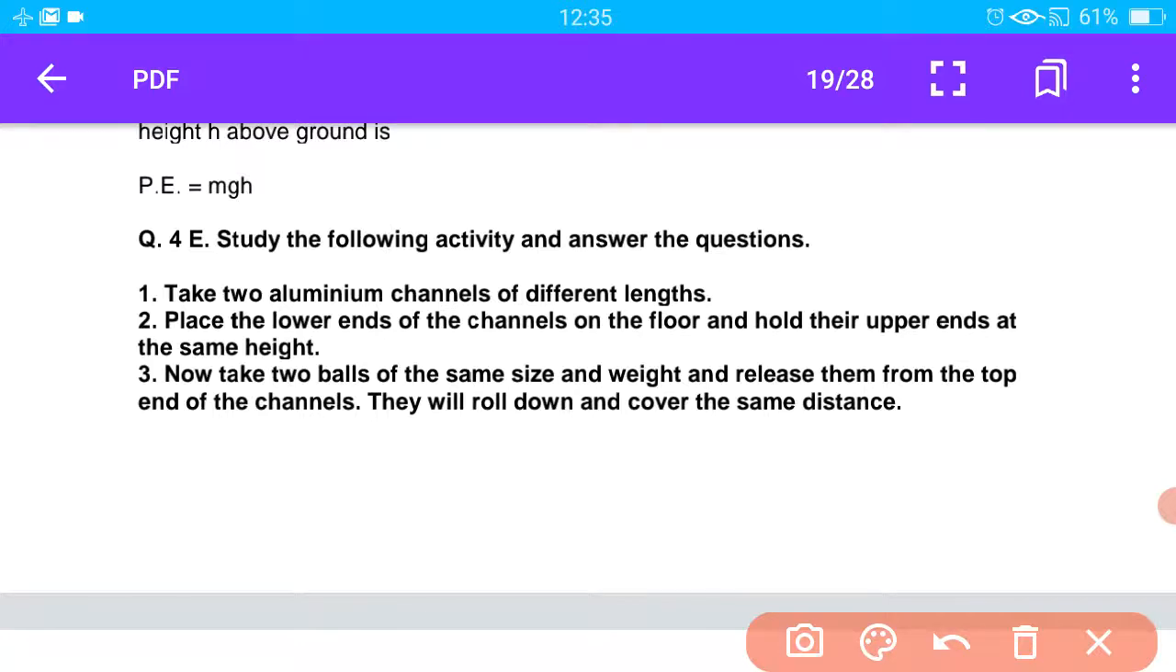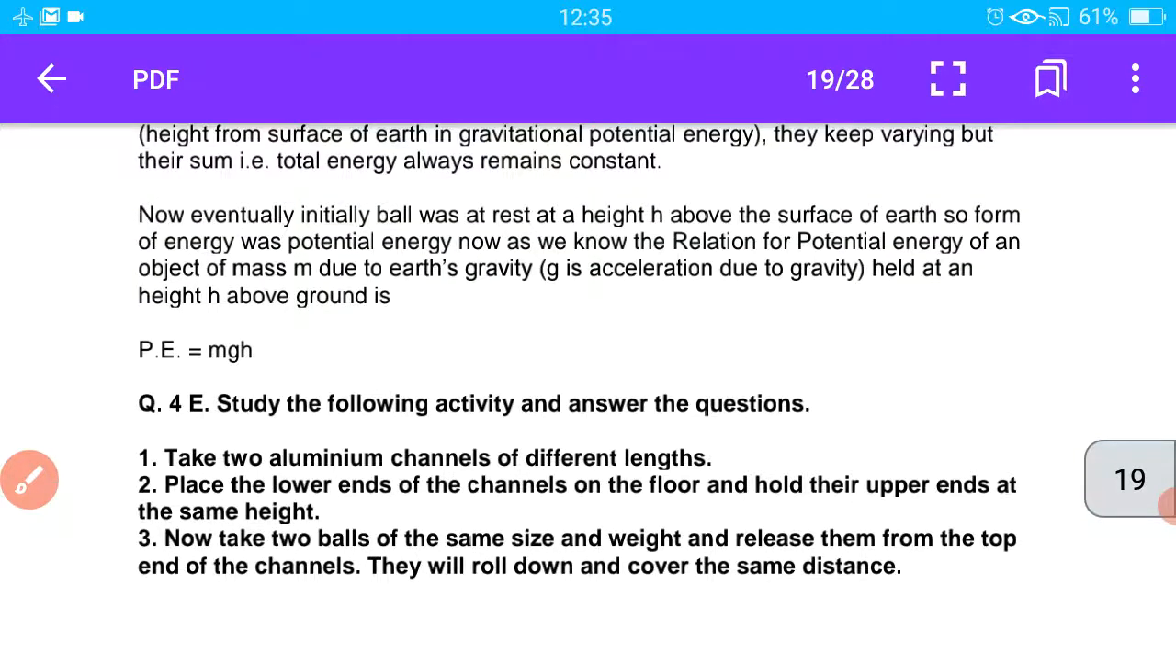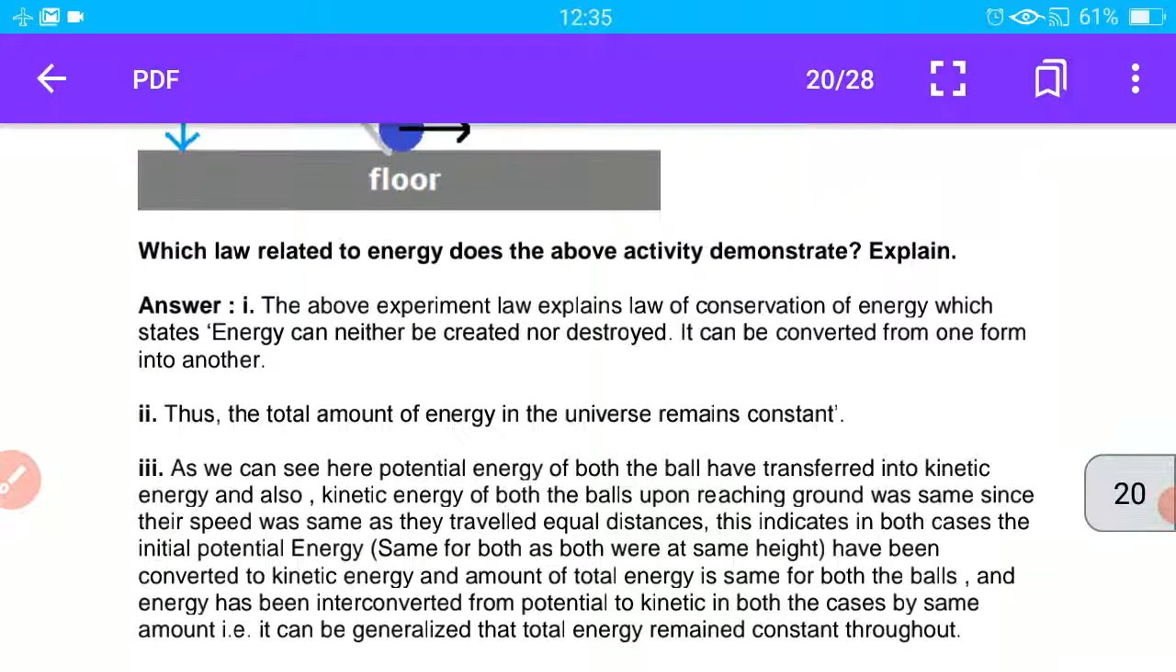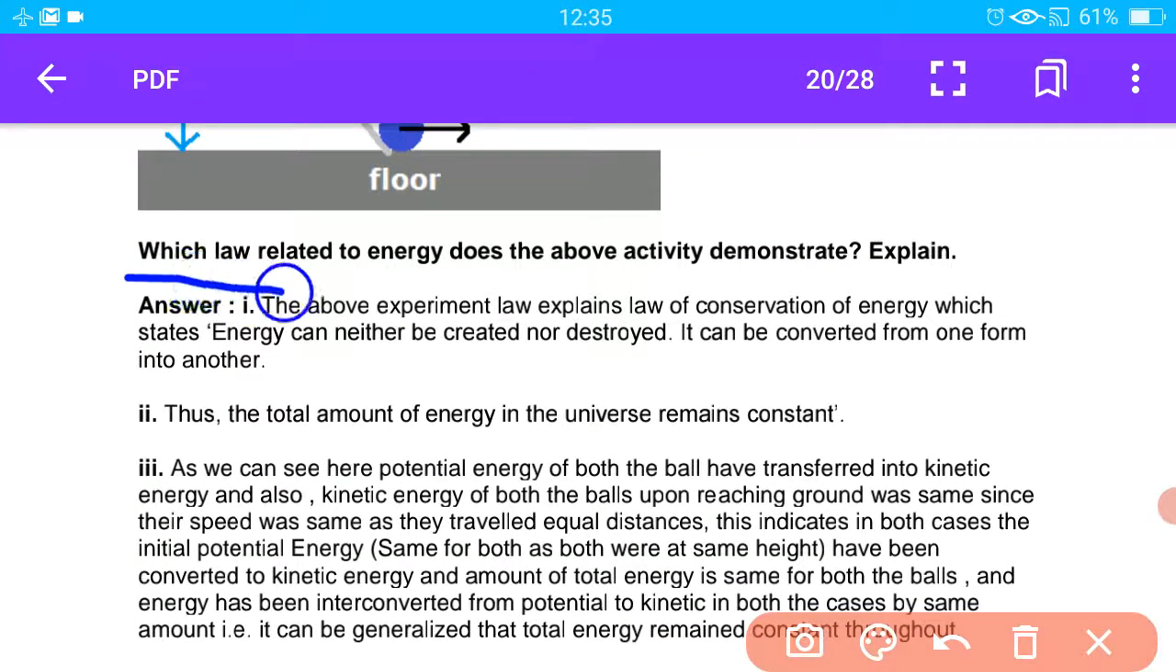Question number 4e. Study the following activity and answer the question. Related question: which law related to energy does the above activity demonstrate? Explain. आपको जो एक्टिविटी दिया गया है ना, उसी का ये 3 क्वेश्चन दिया गया है, ठीक है। उसी के अंदर से आपको ये 3 क्वेश्चन किए बताए कि क्या होगा, तो आंसर होगा यहाँ पे, आप देख लो। ओके।